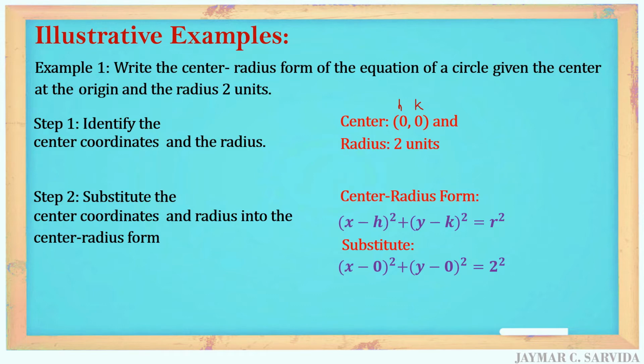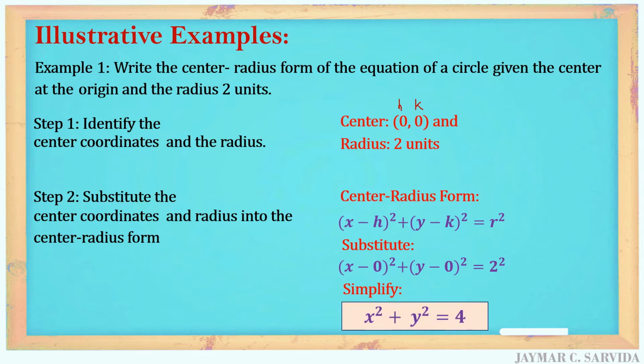So that will become (x - 0)² + (y - 0)² = and our r we replace with 2, so that becomes 2². Then if we simplify it further,